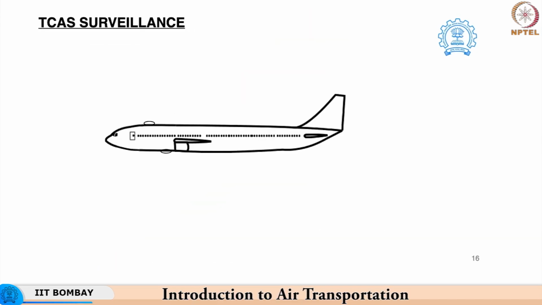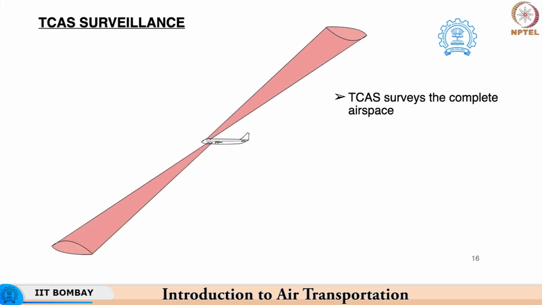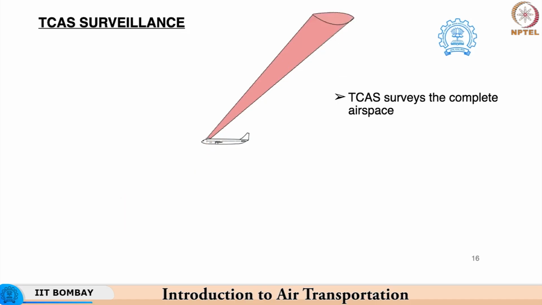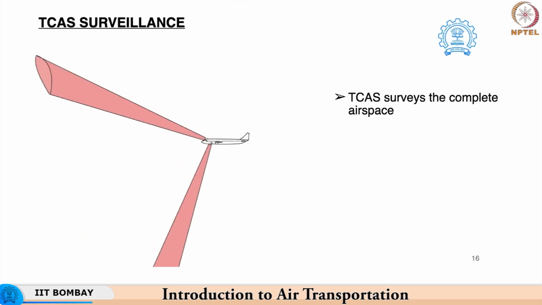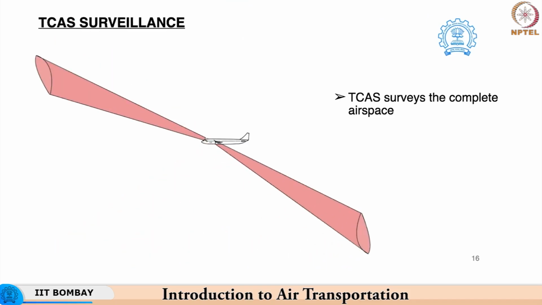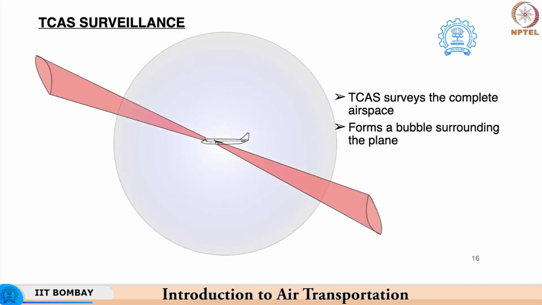So, after working out what the various components are, how does it actually work? As I mentioned to you, there are two transmitters associated with the TCAS system. These transmitters, through the usage of two signals that are projected from the upper and lower surfaces, carry out a continuous survey of the complete airspace, that is, airspace corresponding to the upper region as well as airspace corresponding to the lower region.